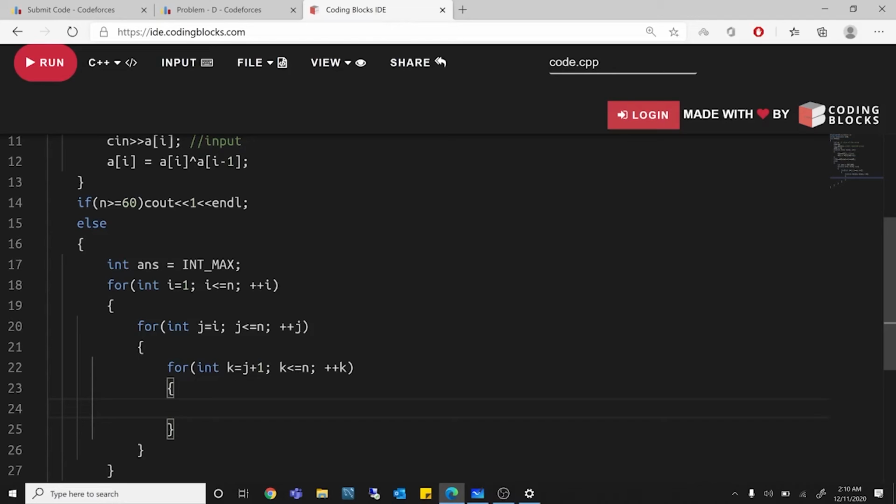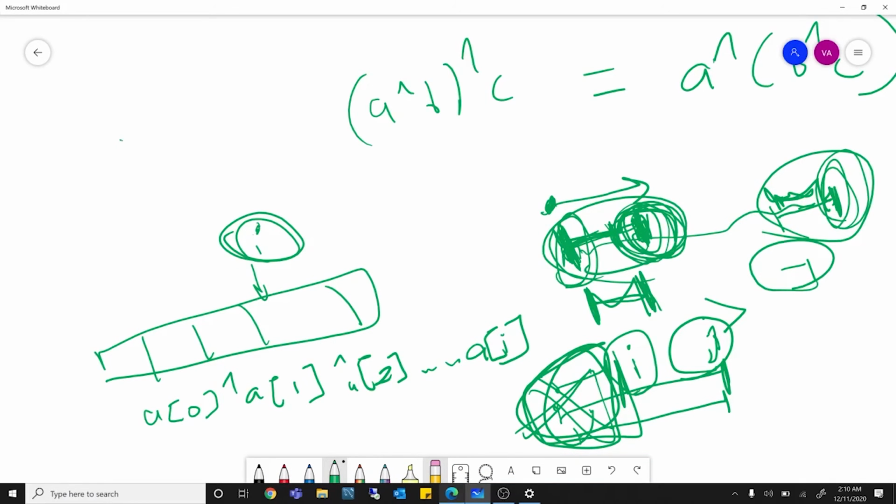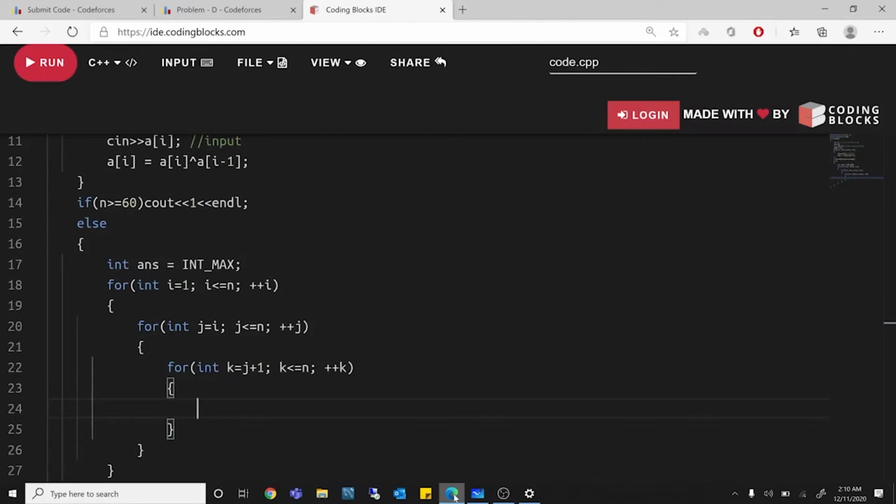So if we look at it in the array, what are these denoting? Right. So basically, if this is the array and this is I, this is j, and this is k. So this is the left range and this is the right range. So I will keep track of where my left range is starting from. J will keep track of where my left range is ending, and k will keep track of where my right range is ending. J also keeps track of the beginning of the right range. Okay. So these are the elements that I need, right? Let's continue the code and check the condition.